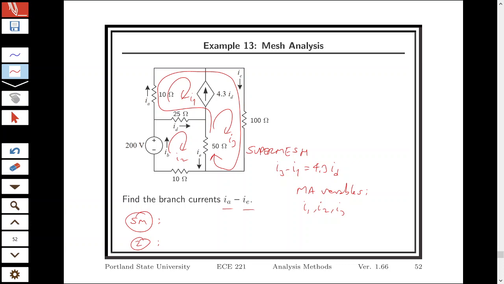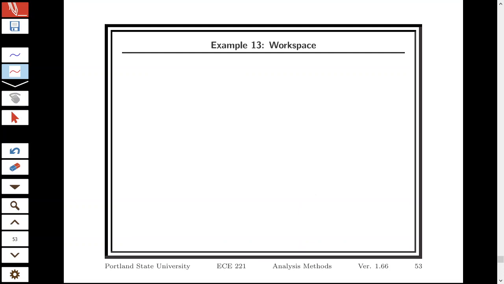And we shall also use the mesh relation here to solve for the mesh currents I1, I2, and I3. Okay, now let's write down the KVL equations. So the one in the super mesh is